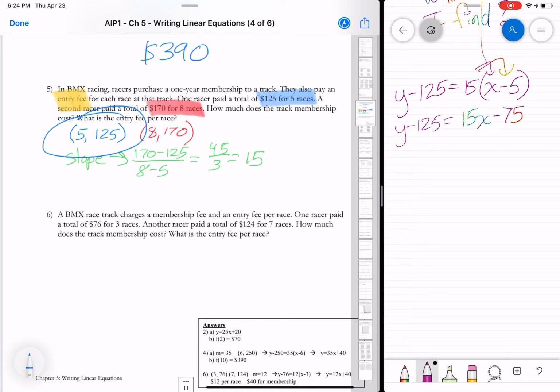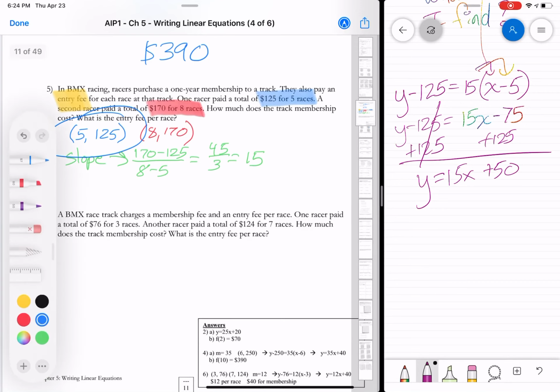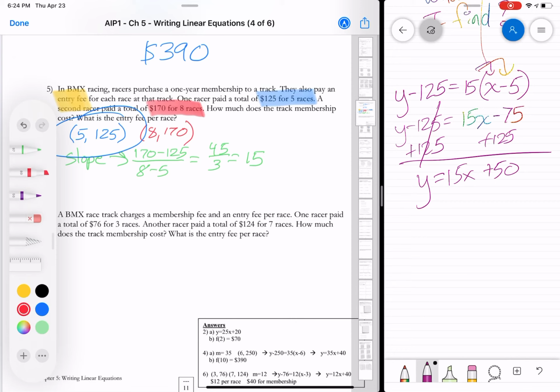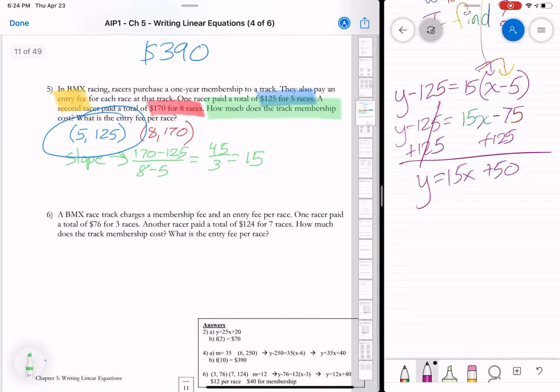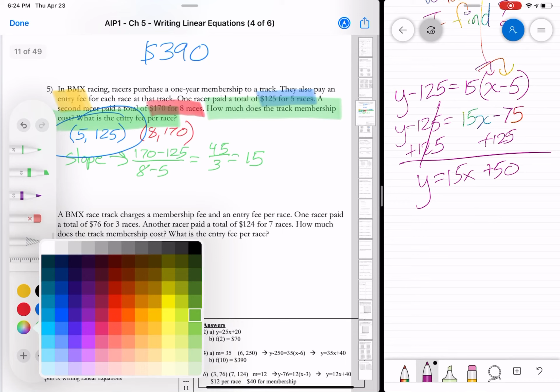Okay, I'm going to add 125 on both sides because I want to get into my y equals format, right? We want it in slope-intercept format. And I find out that y equals 15x plus 50. But here's the thing. The question is not asking us for just the equation. It wants to know, how much does a track membership cost? What is the entry fee? So our answer actually is going to be,